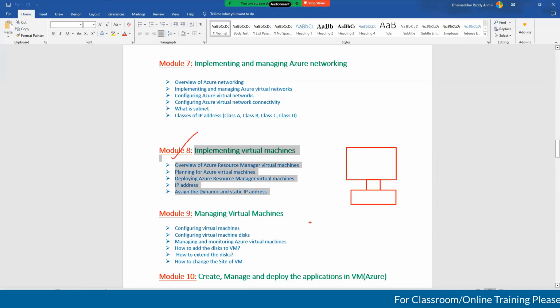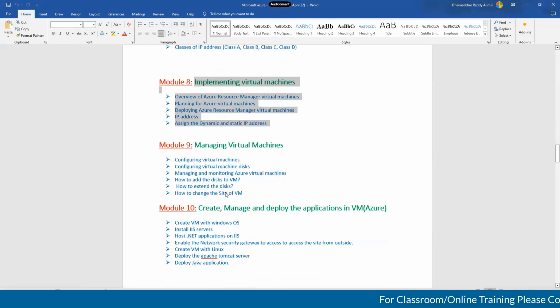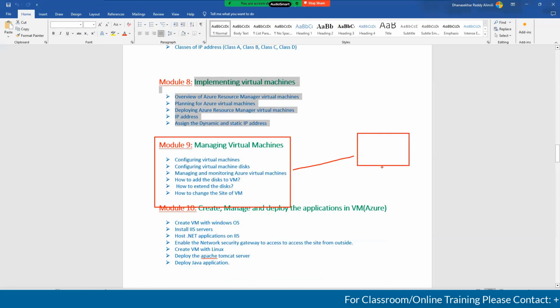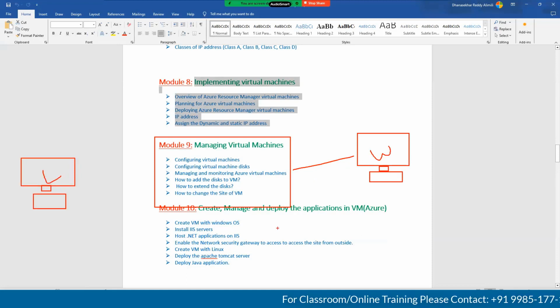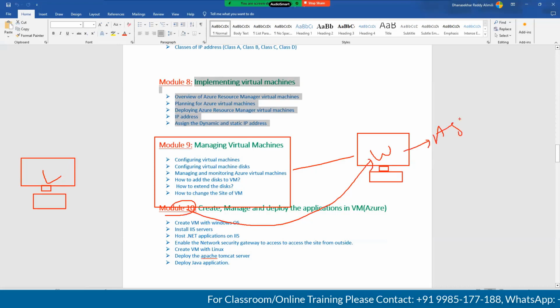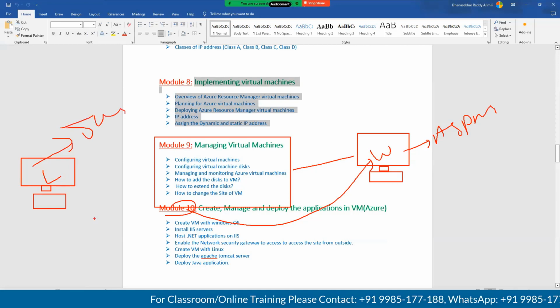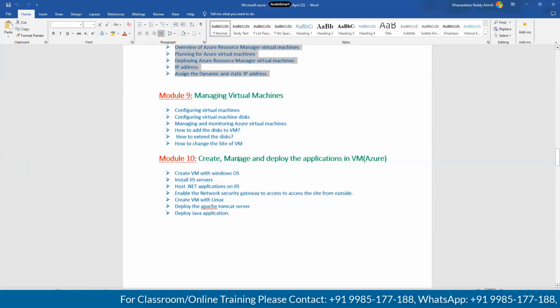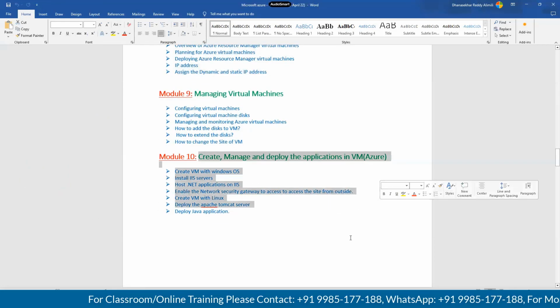In module 9, I will show you how to deploy the application, for example a virtual machine with Windows and a virtual machine with Linux. In module 10, I will deploy one ASP.NET application on a Windows machine, and in the same way, one Java application. That we will cover.